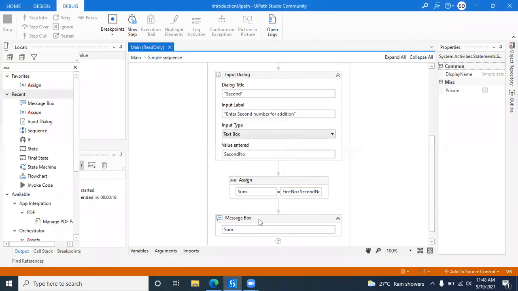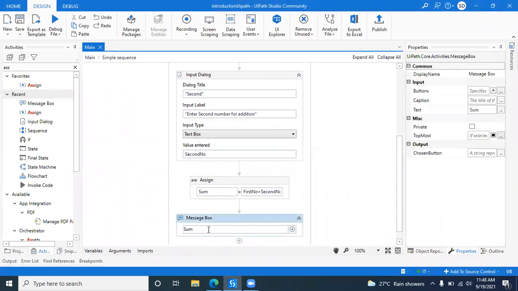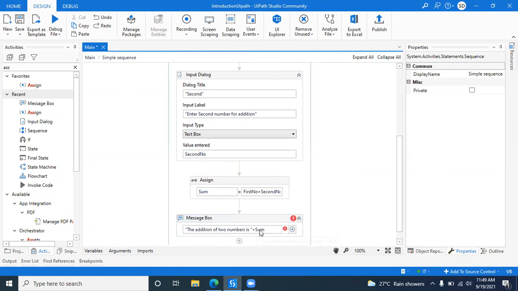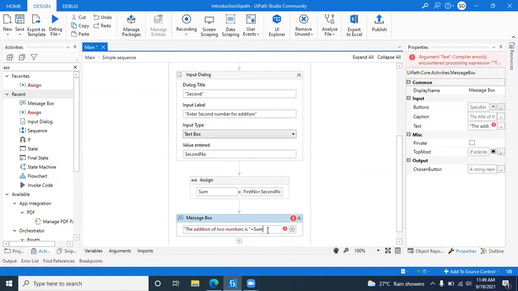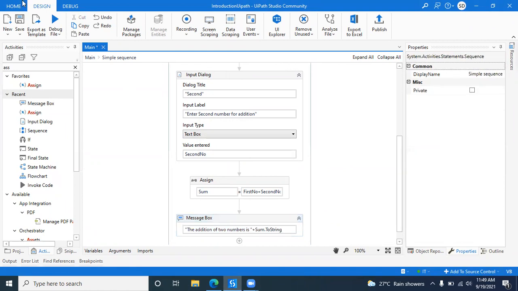Let me customize this message box. The addition of two numbers is, and as we have discussed, you should use dot ToString if you are using a message box.